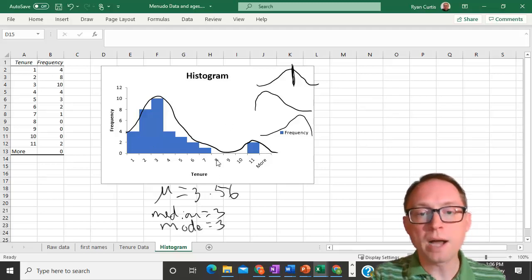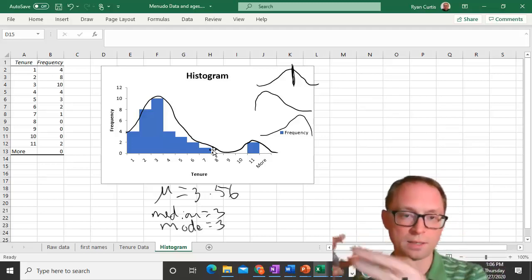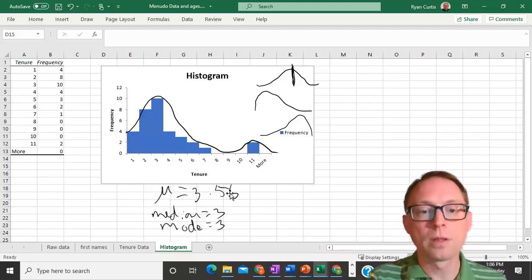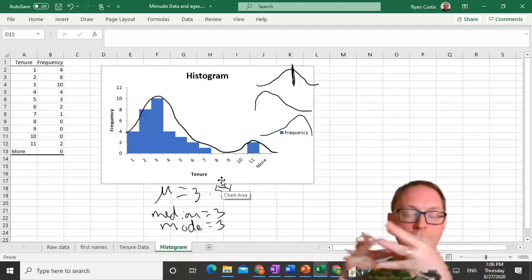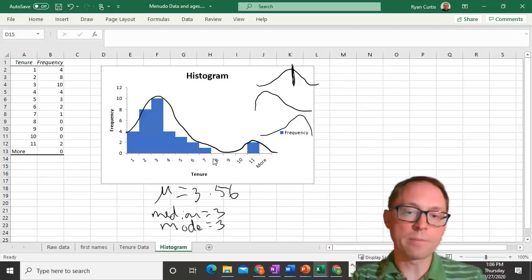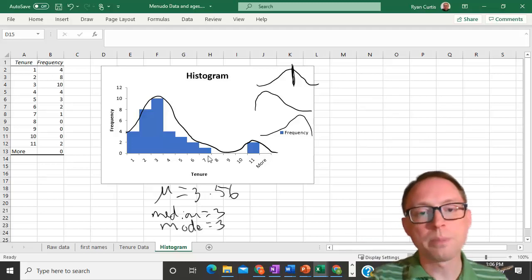The higher numbers, the more positive numbers, are pulling it. The positive numbers are skewing it in a higher direction. What is it that it's skewing? The mean, right? This 3.56 is being pulled up away from the median and mode. It's being pulled up by these higher scores, specifically these 11s and these higher scores up here. They're pulling it up. This is a positively skewed distribution.